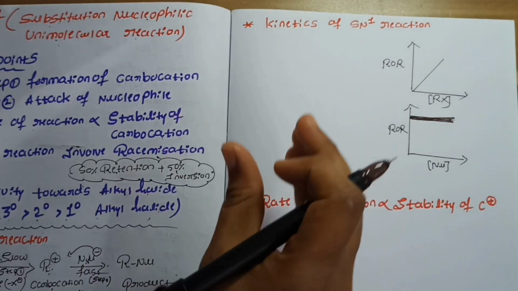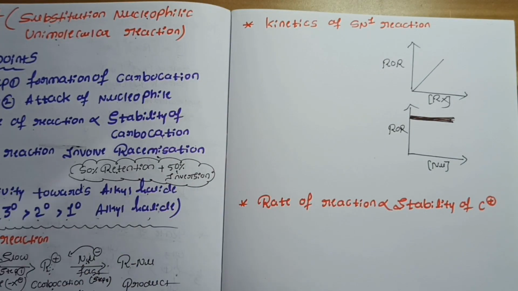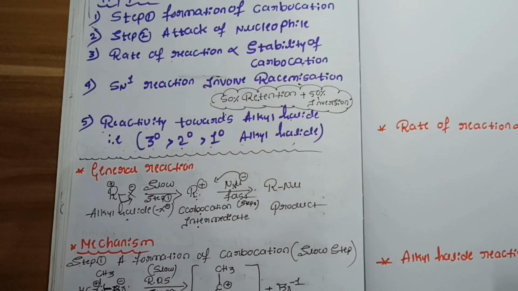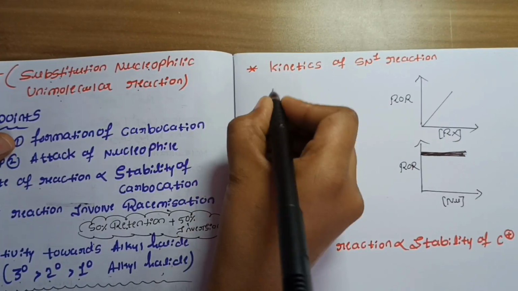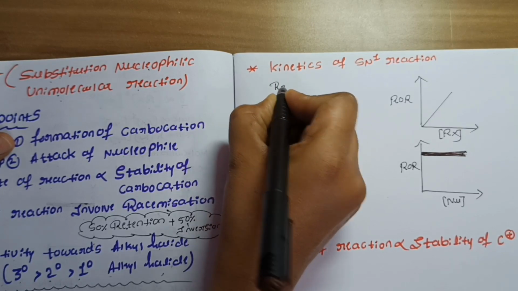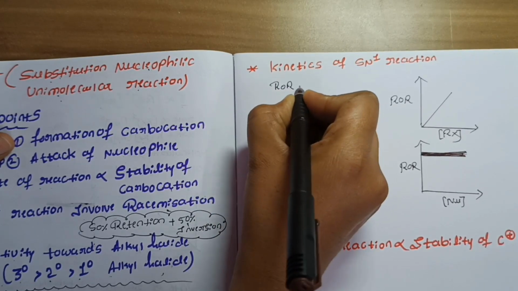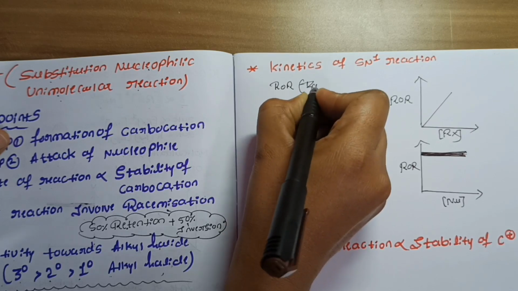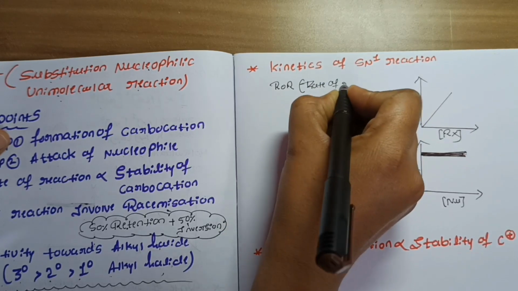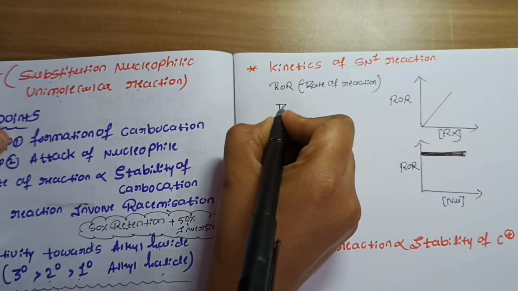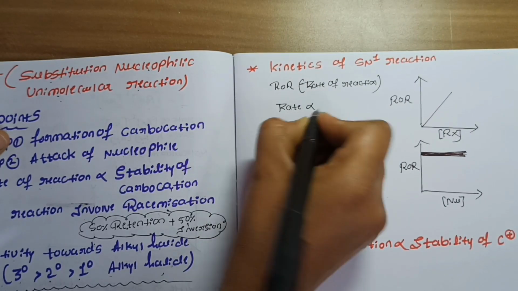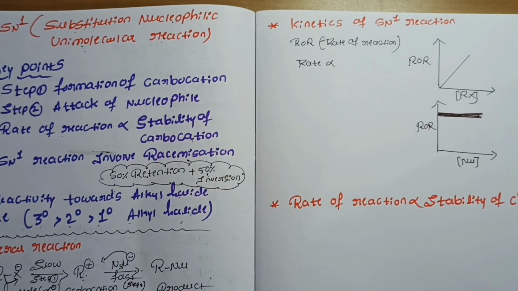To explain that, we should see which is the slow step in the mechanism. I'll write here ROR, which means rate of reaction, or else I'll write here rate. Rate is directly proportional to